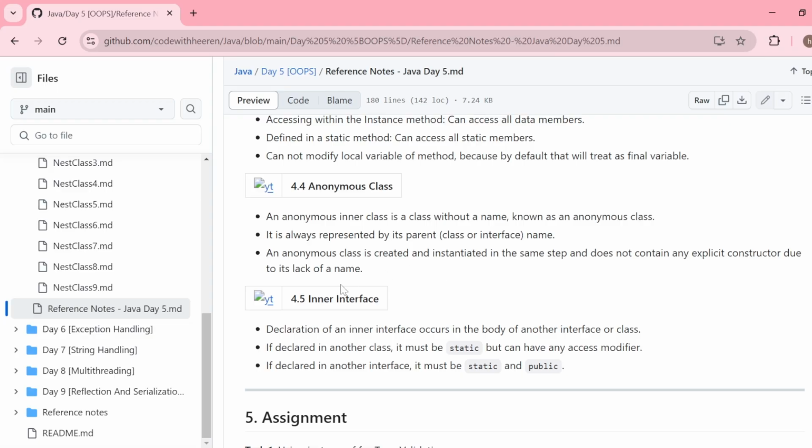Let's move to our last type of nested class, that is inner interface. Yes, you can define one interface inside another interface or inside another class as well, and that is known as nested interface or inner interface. The only one point you need to remember in case of inner interface, that is inner interfaces always treat